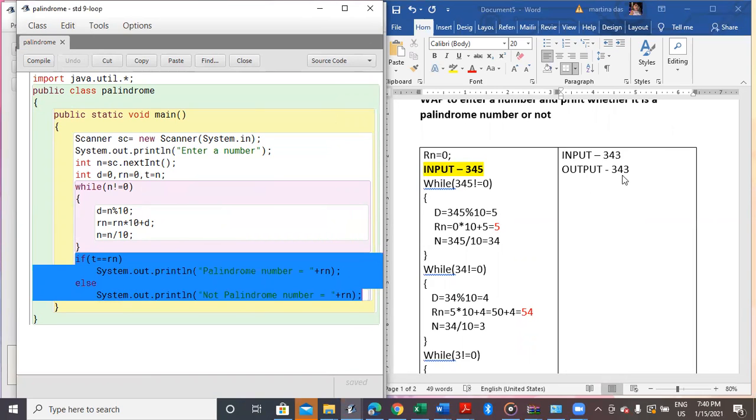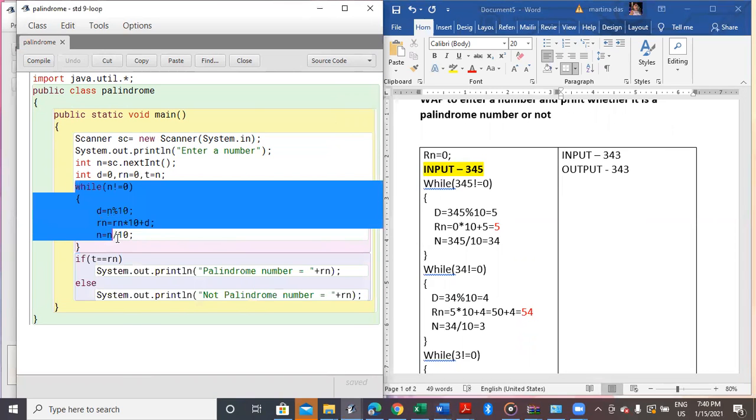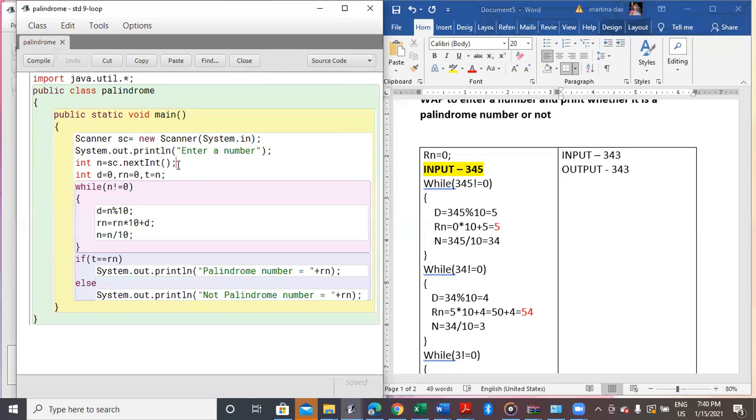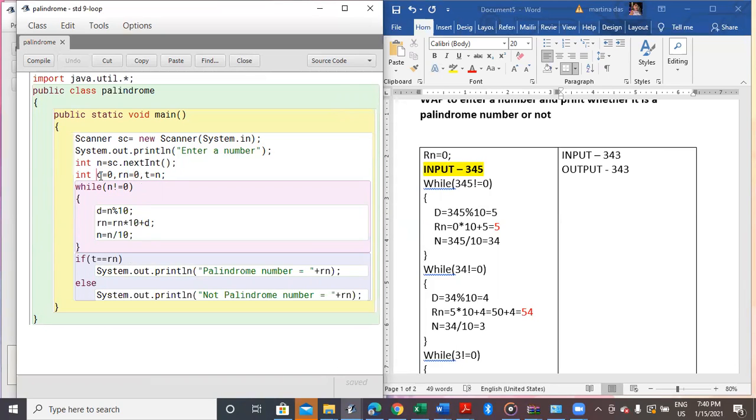The same procedure is followed, like we can see in this portion I'll be solving. I have accepted a number. You can see in these 3 lines a number has been accepted. Here I'll be using 3 variables: D to extract the digit, Rn to store the reverse of the number, and T, in which I am storing the original number, because finally the original number will become 0, as we had seen in the previous case.